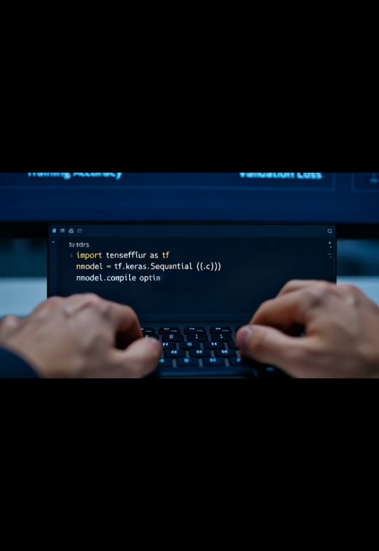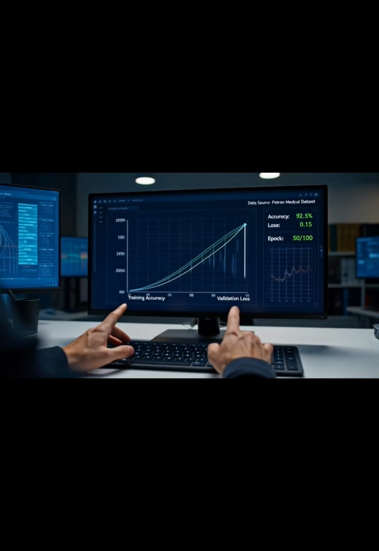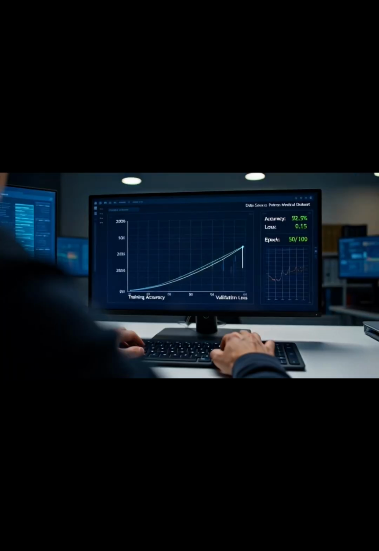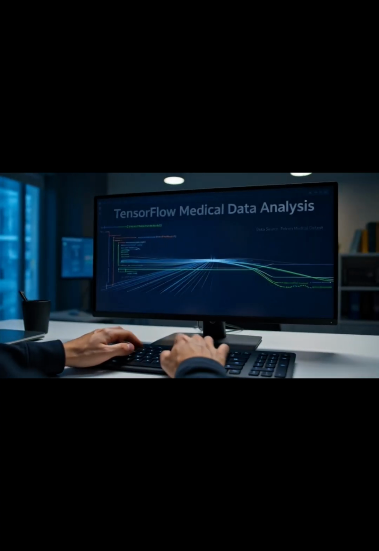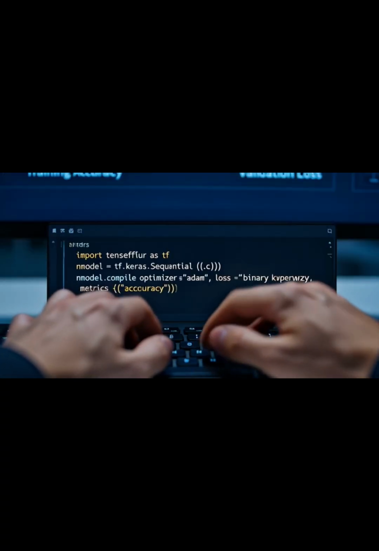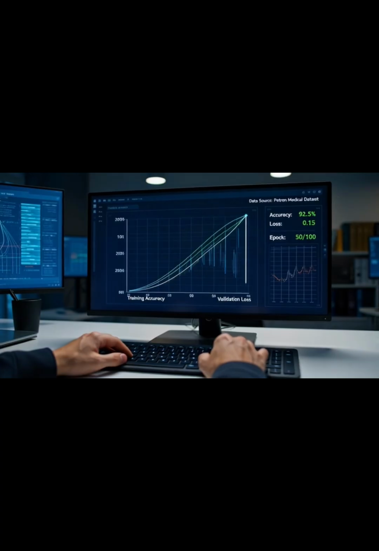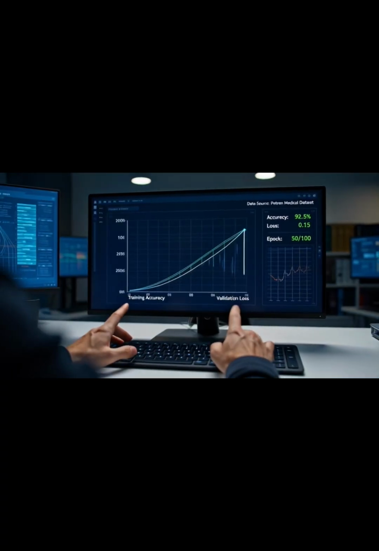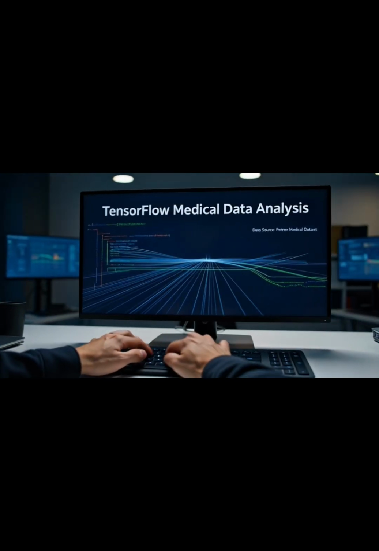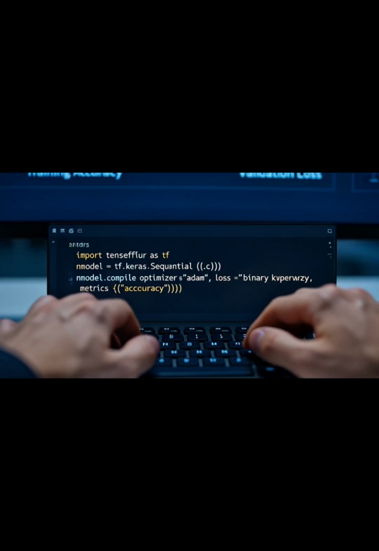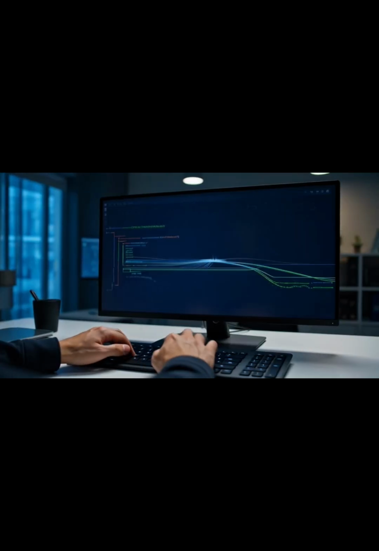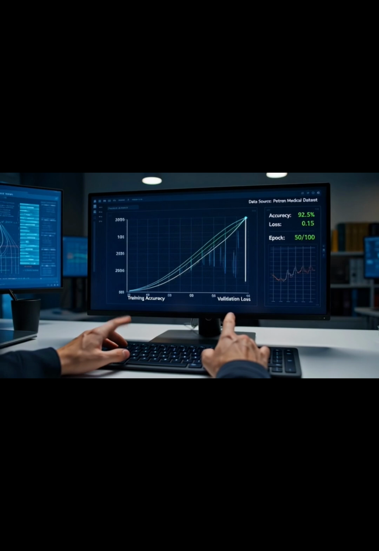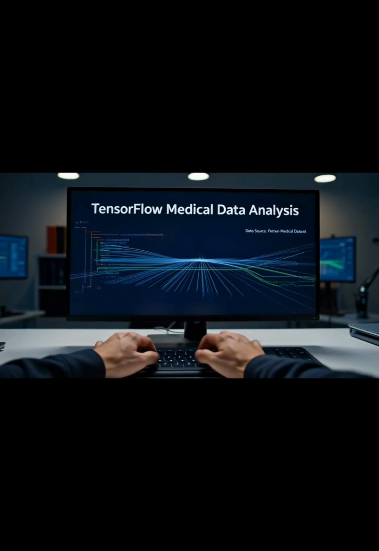Important notes for real-world use. These models are assistive tools, not replacements for doctors. They help with screening, triage, or second opinions. Always validate on diverse/local data. For example, Pakistani patients may have different disease patterns. Use metrics like sensitivity, catching true positives, crucial to avoid missing diseases, specificity, AUC/ROC, and F1 score. Accuracy alone is misleading in imbalanced medical data. For ethics/safety, follow guidelines like those from WHO or FDA for AI in healthcare.